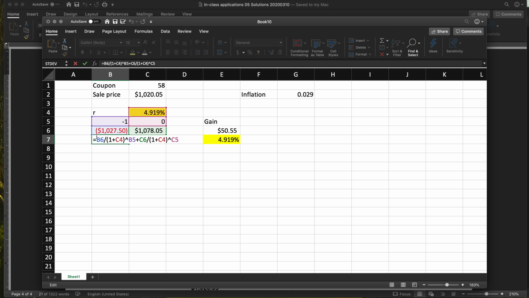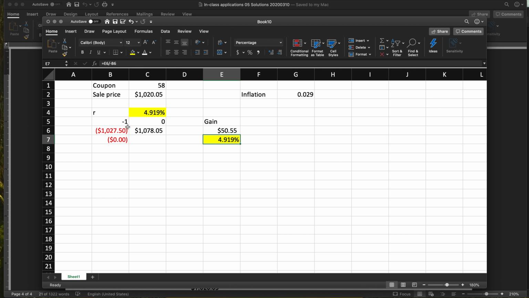So if you discount it correctly, and if you use the -1 and the 0, you would do whatever you paid at 0 or -1, however you want to look at it, to the power of 1 plus the interest rate to the -1, this payment divided by 1 plus the interest rate to the power of whatever time period that is. Anyway, the point is there's two different ways to do this. One way to do it would be an NPV setup where you divide exactly like you would on the problems that I showed you in the first part of the semester. The other way would be to take the gain and divide it by what you paid for it. Both of those ways will work, but the real answer that they want